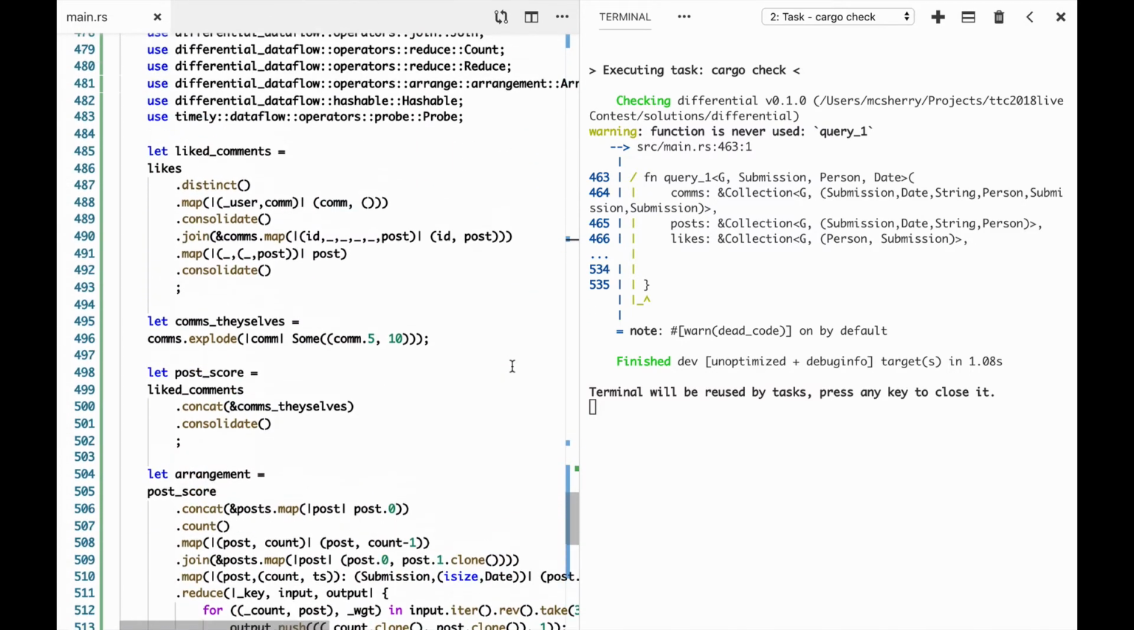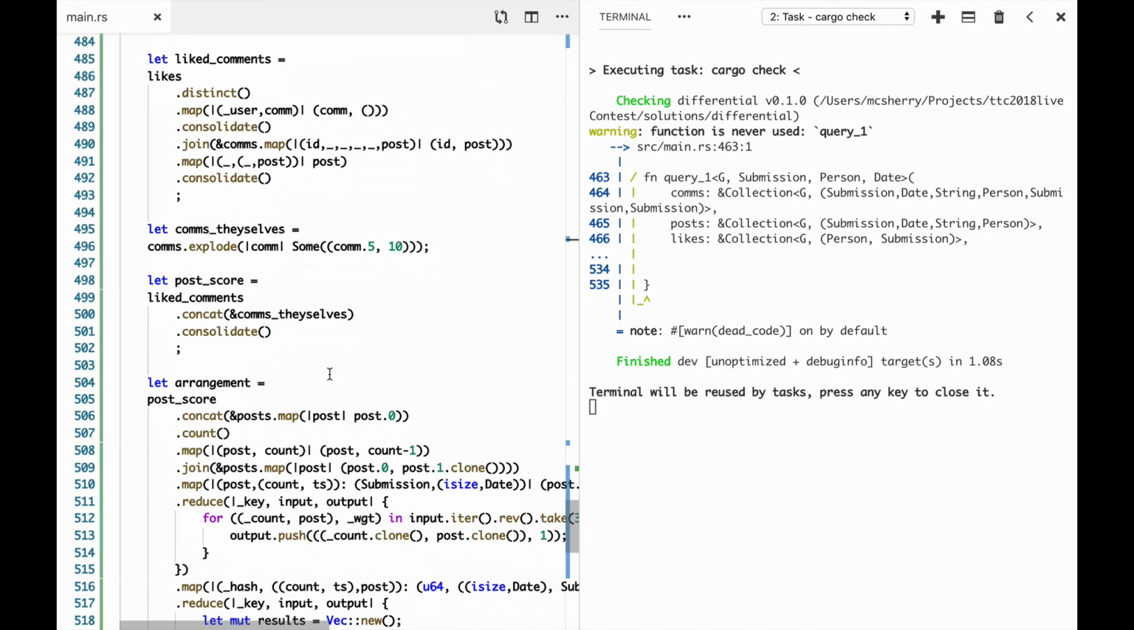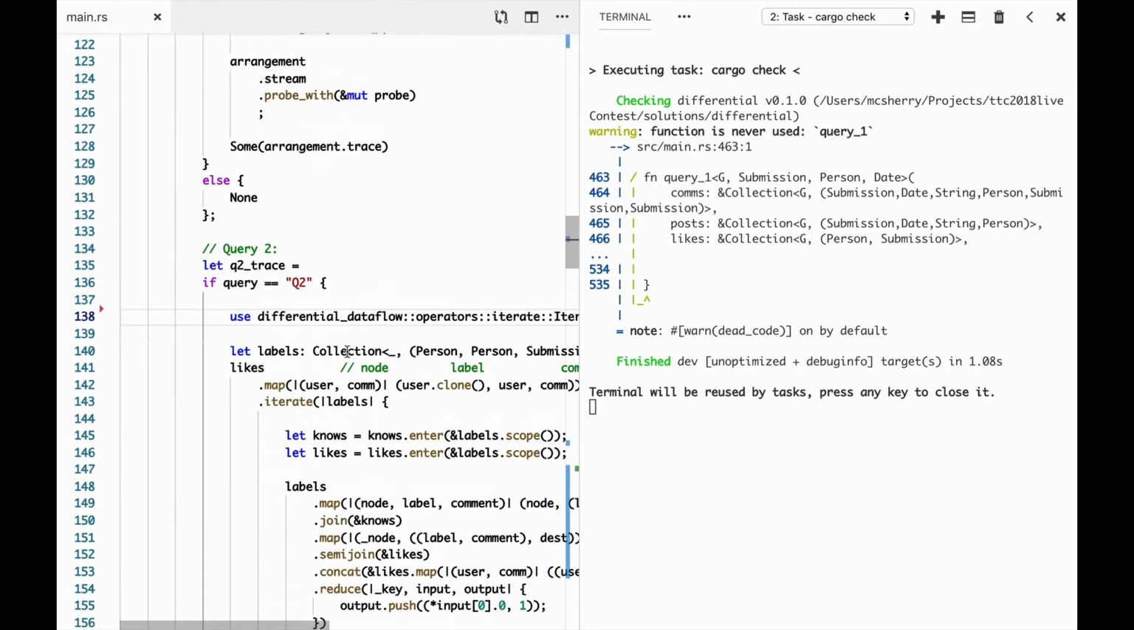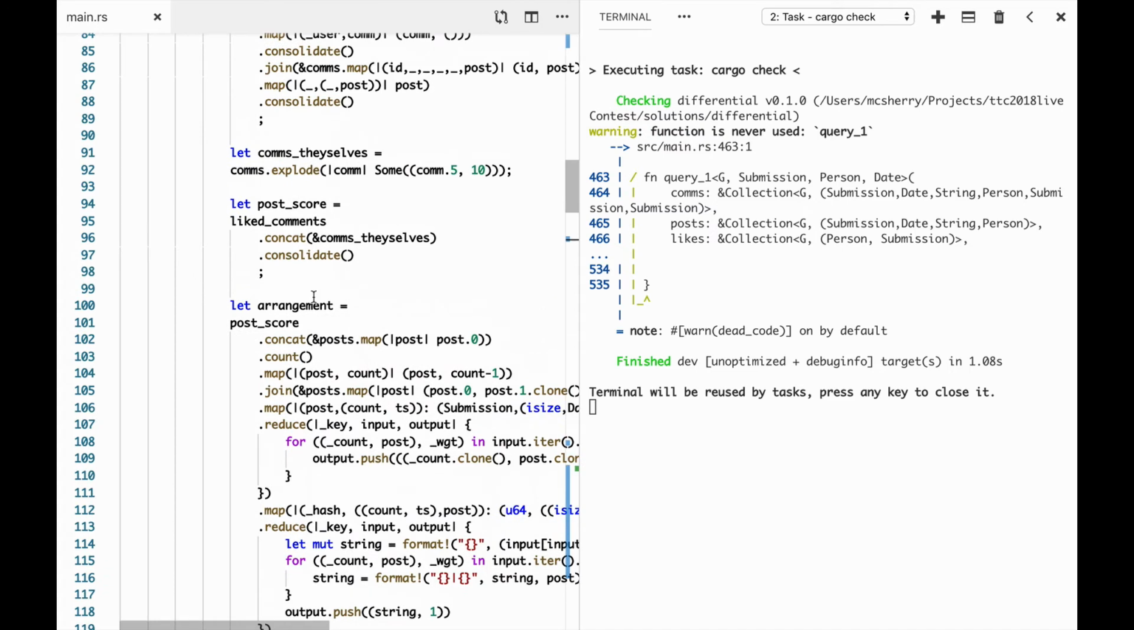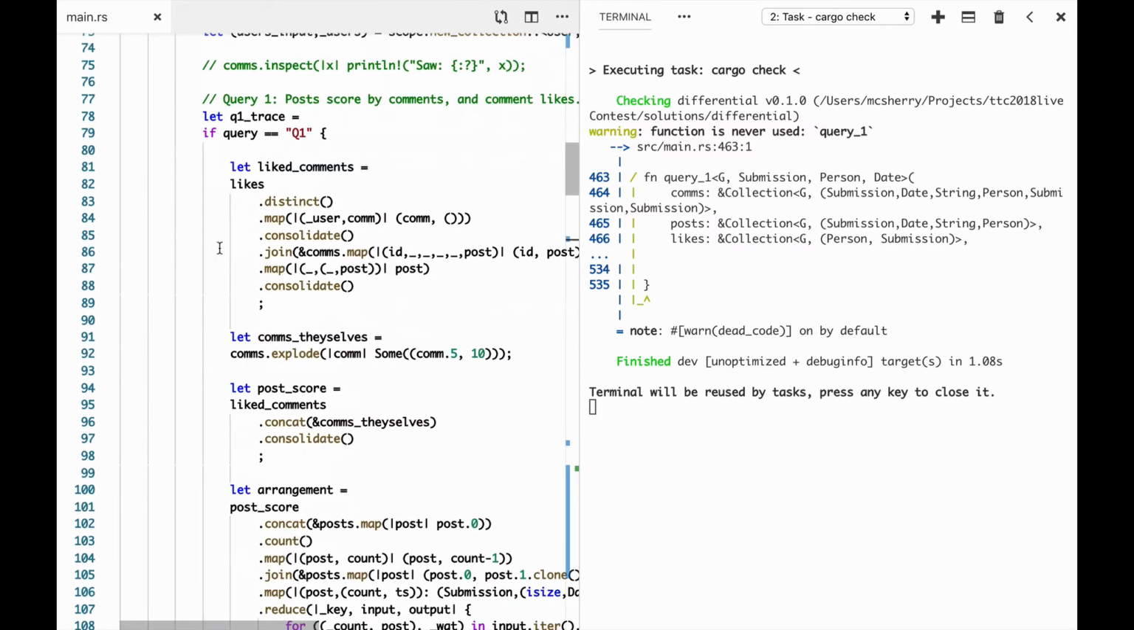So this method is actually legit compiling. Doesn't mean it's right or anything like that, but it does mean that, for example, we haven't accidentally joined some submission identifiers with some post identifiers. But let's go and